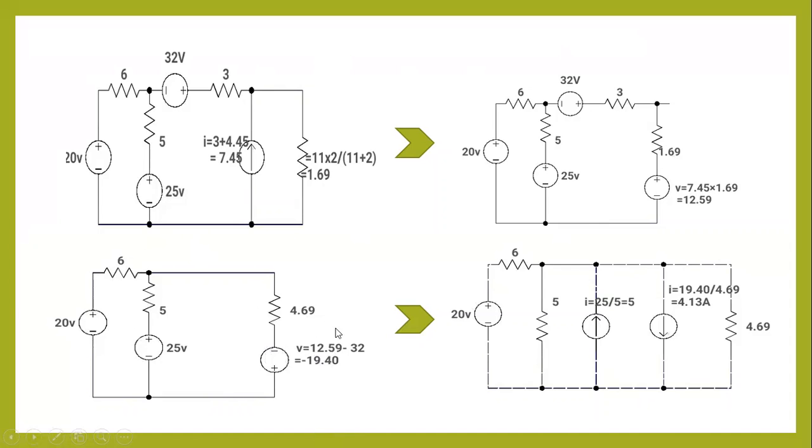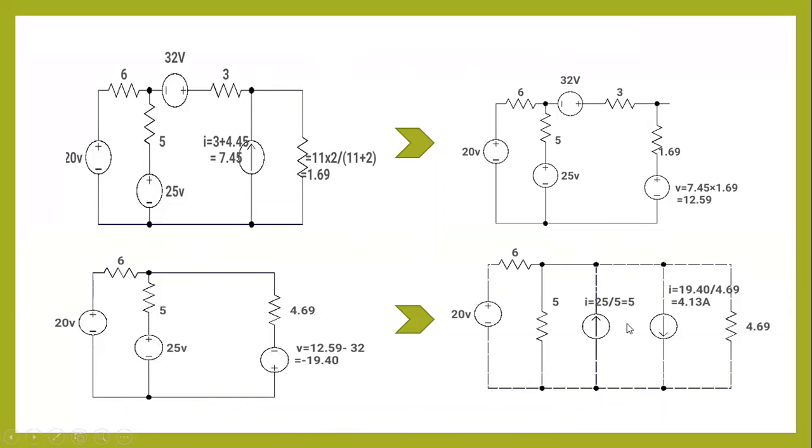Now the next step is transforming this to a current source and even this to a current source. The circuit looks something like this. You already know the I formula and V formula. So we got 5 and 4.13 amps. Look at the direction here, minus plus. As I told you in the previous slides, the arrowhead indicates the positive sign. Here also this is downward, and this is upward.